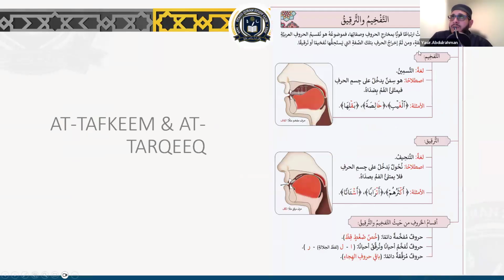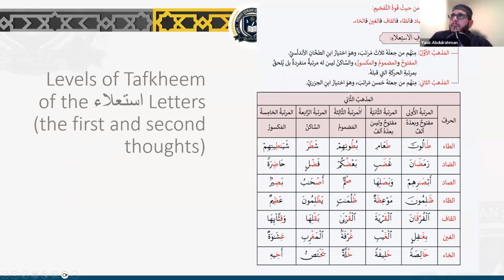So the elevated letters are always مفخمة, and the lowered letters are always مرققة, and the special case is the alif, lam, and ra. So let's talk about the